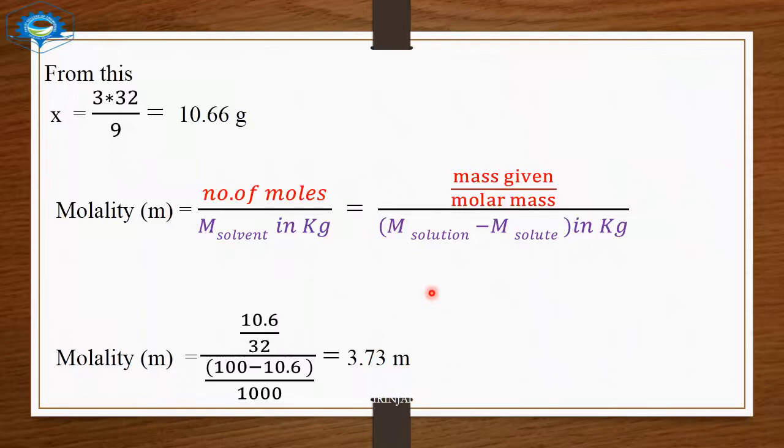So in this question, molarity and density are given. Consider X percentage, that is X gram solute dissolved in 100 gram solution. First we find the value of the mass given. Then from the value of the mass given, substitute it in the molality equation, and we can find the molality. So the initial step is finding the mass given, then by substituting its value, we will find the molality.